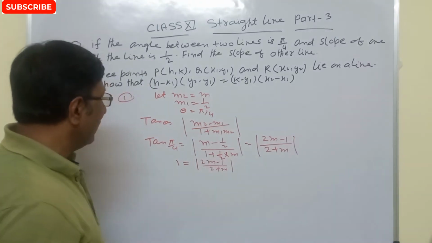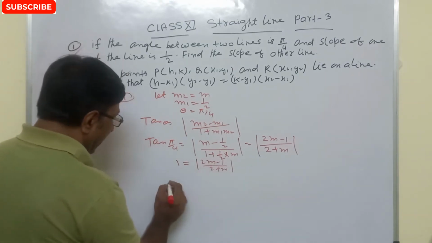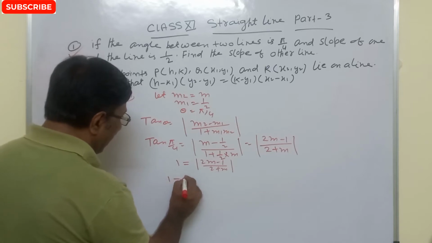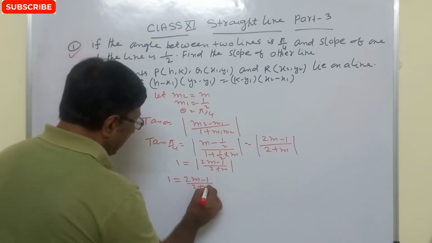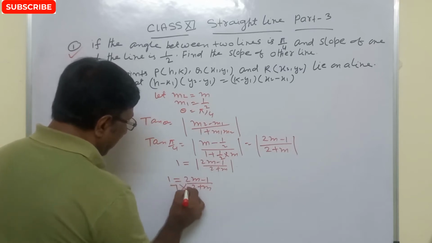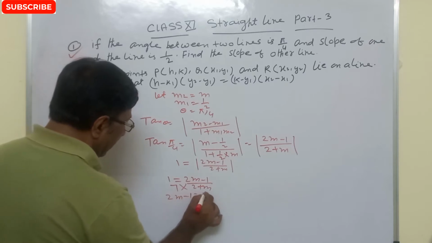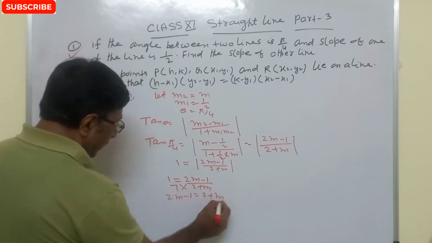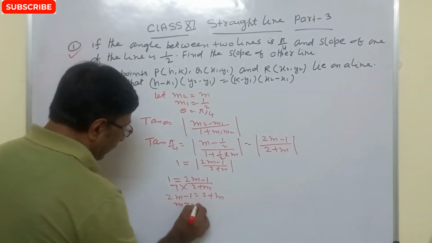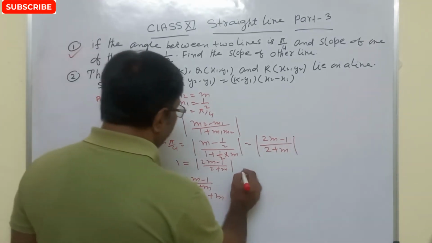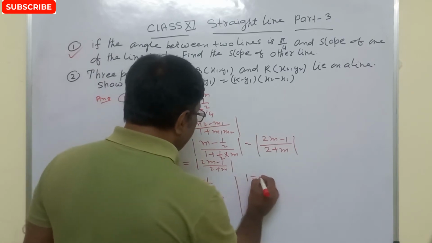So if we take the positive value, that is 1 equal to (2m minus 1) divided by (2 plus m)। So when we cross multiply, we will get 2m minus 1 equal to 2 plus m। So 2m minus m, that is m, so m equal to 3। In the same way, if we solve this question with the negative value,